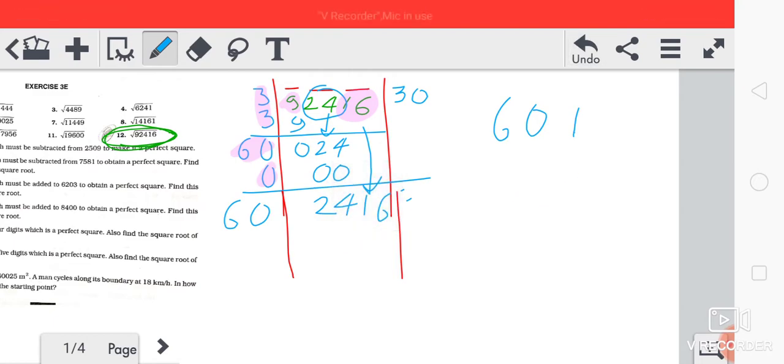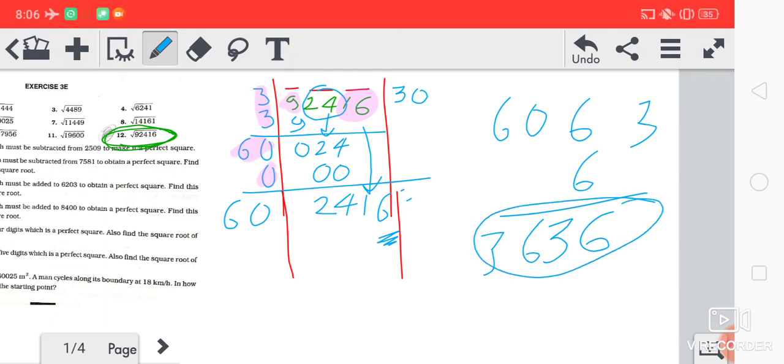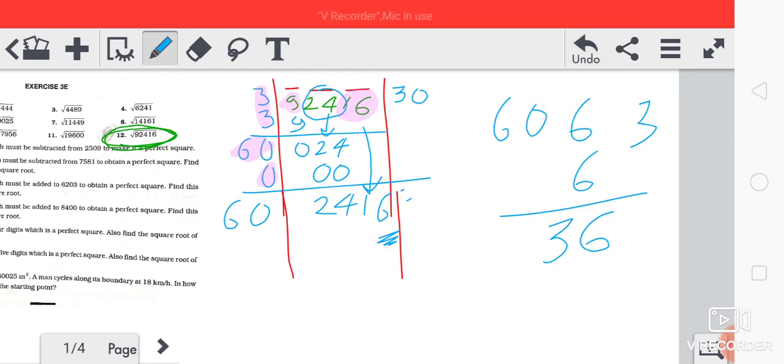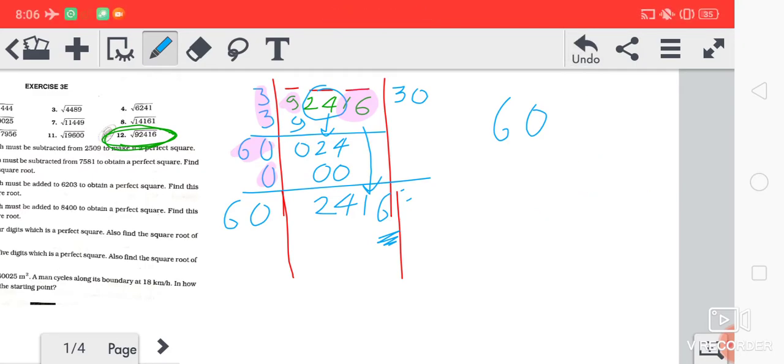If you take a bigger number, just see the last digit, 6 is there. If we take 6 times, 6 6s are 36, the last digit will be 36. So 6 6s are 36, 3 carried. How much are we getting? We are getting more than 2416. So 6 also we cannot take, it is coming more. So we should take less than 6. If we take 5, then 5 5s are 25.